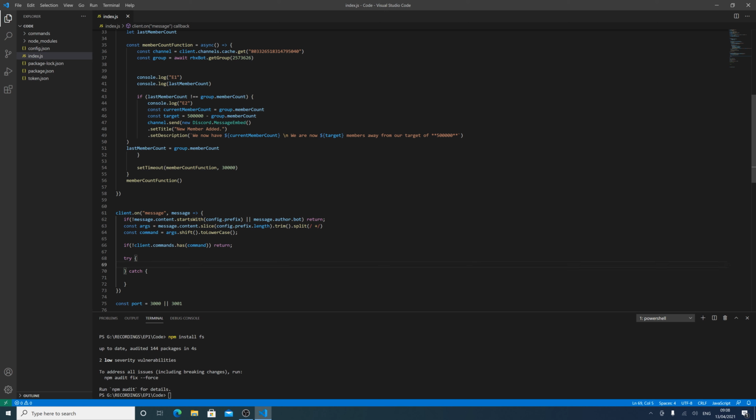So first of all we need to do client.commands.get(command).execute, and then message comma args, and then in our catch we need to do console.error, and then we need to do the error which comes with the catch, which we need to define up here. So catch, then in brackets error,